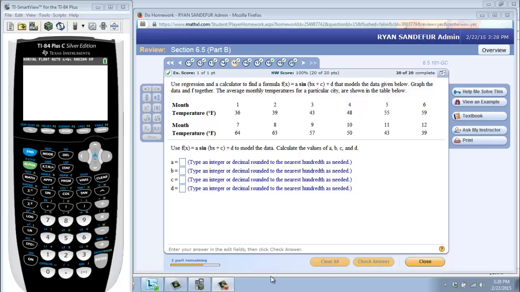I'm creating this video to accompany section 6.5 part B, specifically the part dealing with using the graphing calculator to create sinusoidal regression lines, or a sine regression line. The basic concept of a sinusoidal regression is if we have a set of data and we plot that data. Let's take a look at